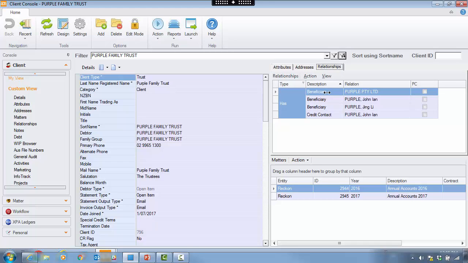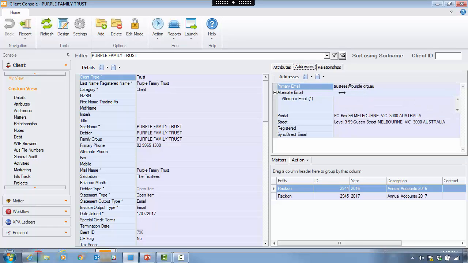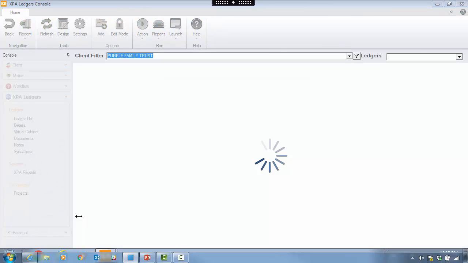It might be useful to know what are the relationships that might have been already set up, and we can see that we have 3 beneficiaries in this file. And if we've already got our addresses set up, they could be used in minutes or in the director's reports, etc., that you might want to use addresses. So if we've got this information set up, we can then go into your XPA area to create your new